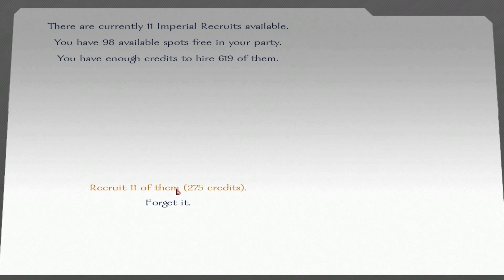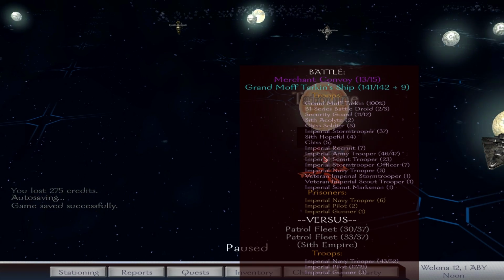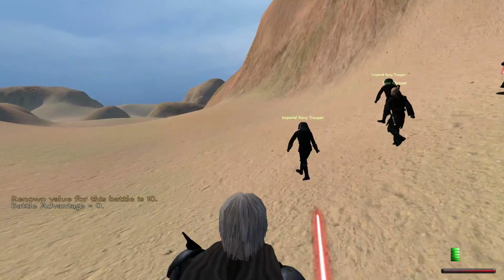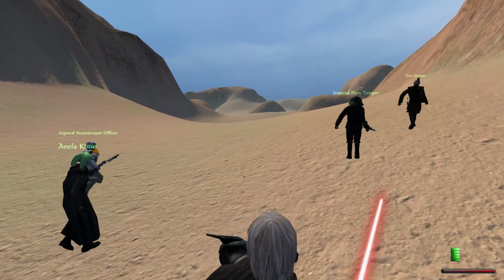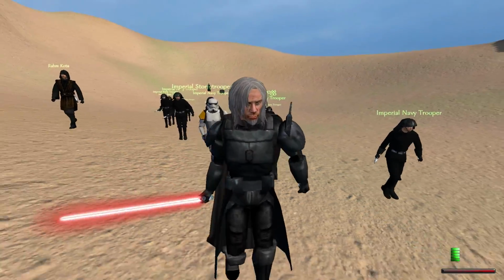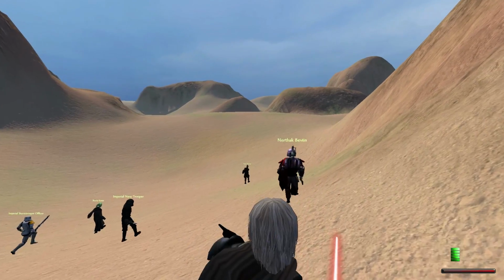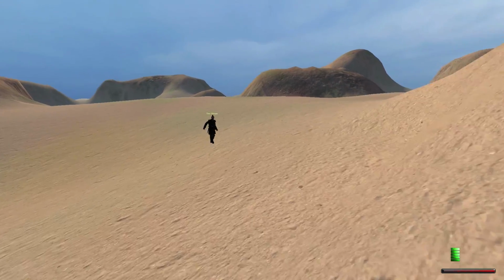Never mind. Grand Moff Tarkin, okay, perfect. This is going to be a rough battle because we have to deal with all this fighting on Tatooine with small numbers of troops, but it can't be helped. Almost tempted to let the patrol fleets fall and then just attack Tarkin afterwards. I could potentially just jump forward a bunch, but...